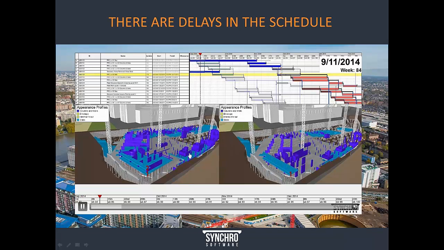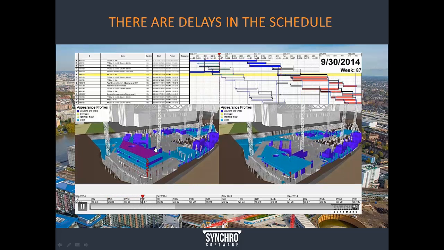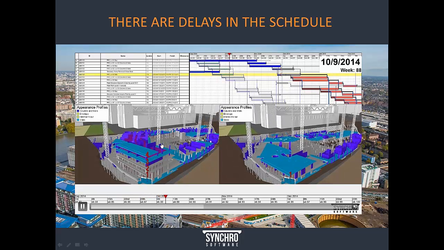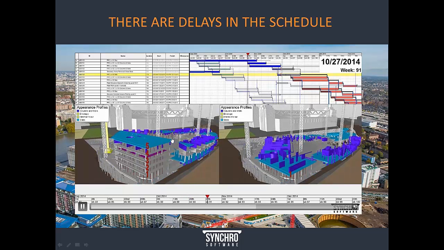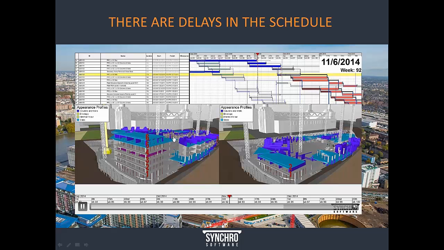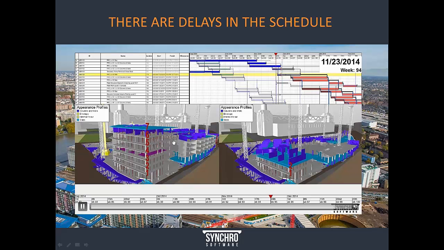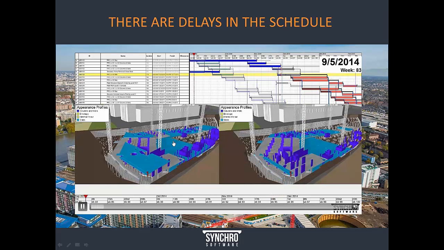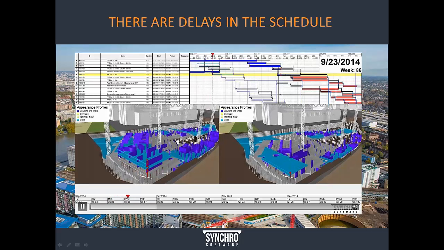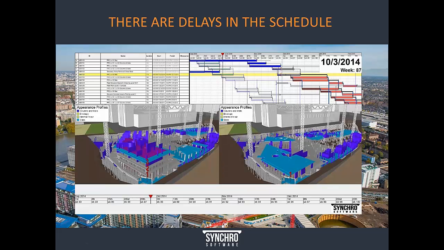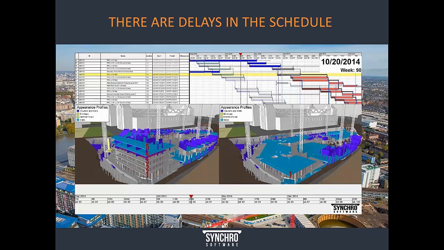The second thing is there are delays in the schedule, and the question is, are these delays identified? Are these delays acceptable? But the main value here is the ability to visualize and also re-baseline schedules in Synchro. It enables one to actually visualize the delays and determine methods for alleviating or mitigating the consequences of these delays and correcting the schedule moving forward, using the techniques that are enabled through interrogating the model and working within the scheduling tools within the software.